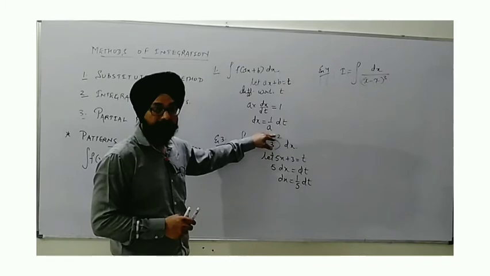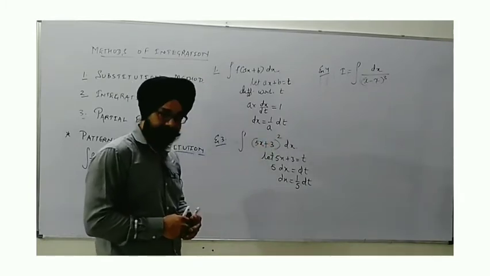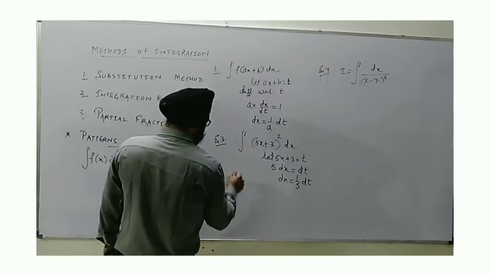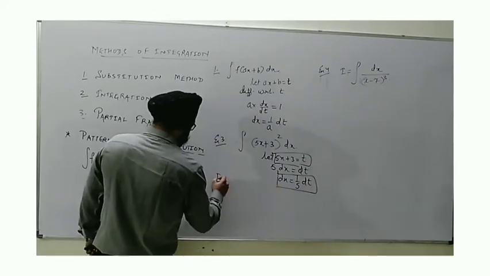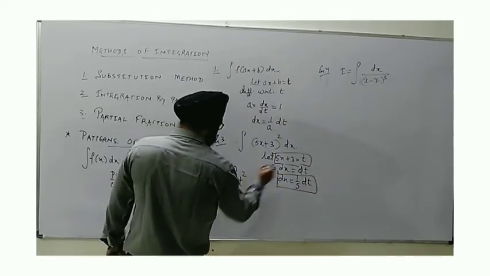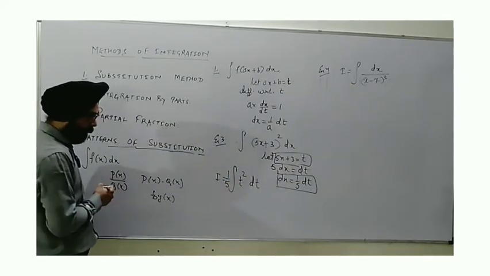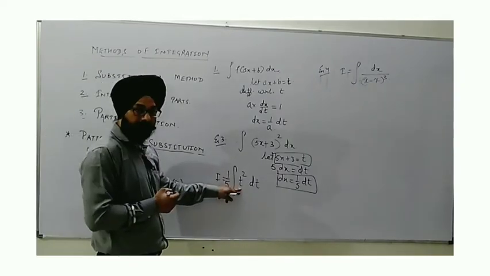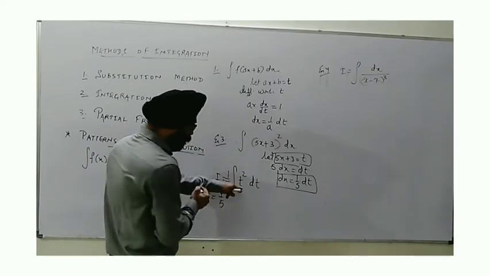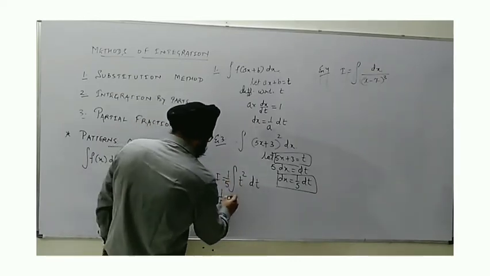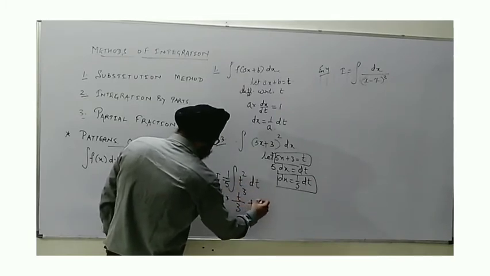X to the power n. The rule which we will apply here is x to the power n. So yes, you will see the change. Step by step we will solve. Here we will use this relation and the last relation to convert this in terms of dt. t squared in place of dx, half, 1 by 5 dt. So 1 by 5 is written outside the operator. Now this becomes x to the power n pattern. We know that t squared by x to the power n will become t raised to the power 2 plus 1, 3 upon 2 plus 1, 3, plus c.